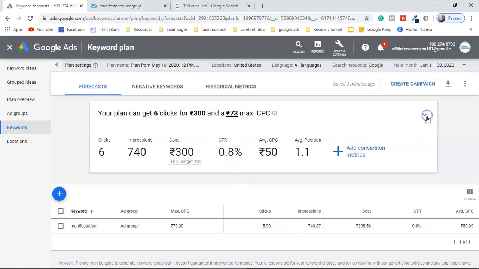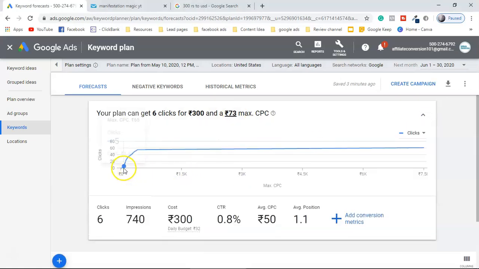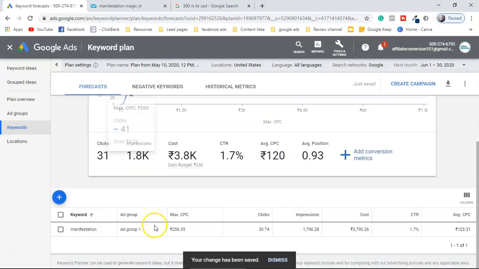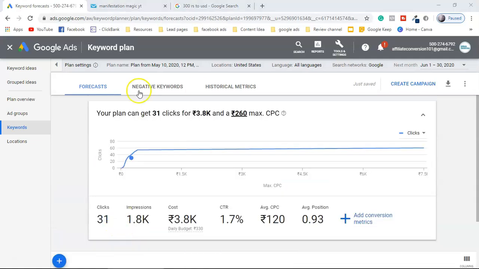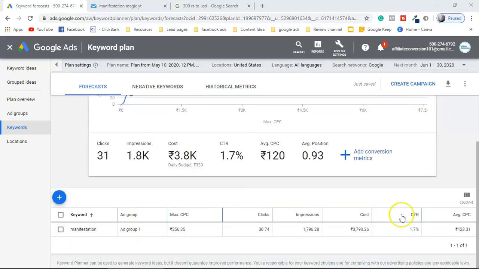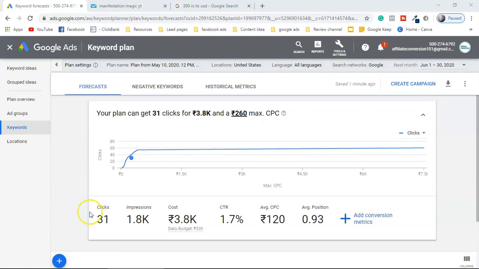And also if you click here, guys, you can change your plan by increasing it. If you want 31 clicks on this particular keyword, it's $40 over here, and the maximum CPC is $3. So like this, guys, you can understand the cost per click as well as the average or the maximum cost per click, and then you can pick the keywords. Hope you got the point here, guys.